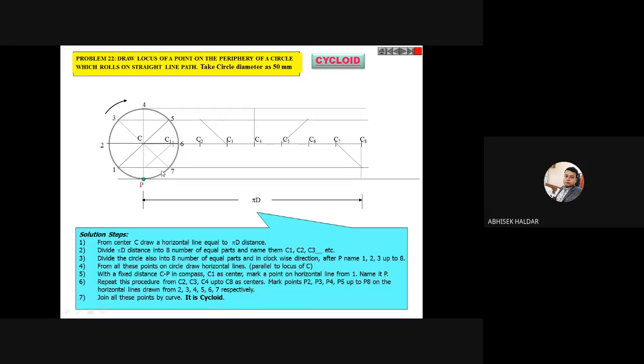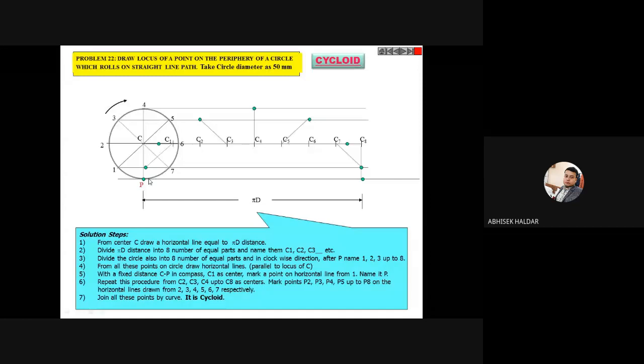Now, once you mark these points, it will be more prominent. So these are the points that you have just cut. And if you join these points, whatever curve I get is known as what curve? Cycloid. So how to join these points? With the help of French curve, not by your free hand. Now you have to take your French curves and check how to join.